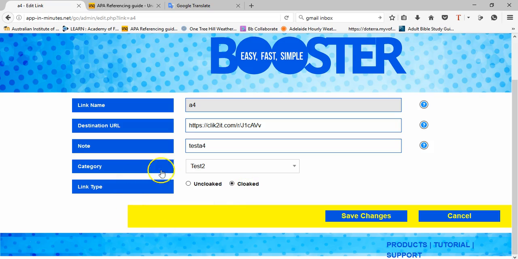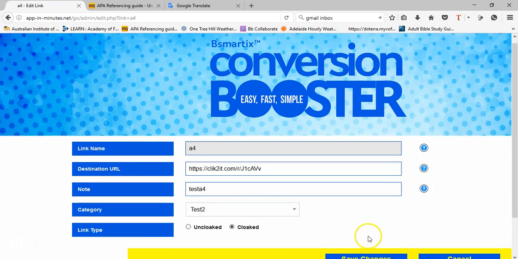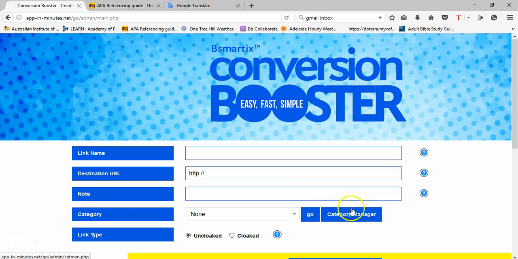Well, that's all for now. If there is anything from creating a link or anything under link name, destination URL, etc. here that doesn't look familiar to you, please take a look at our part 1 of the series,